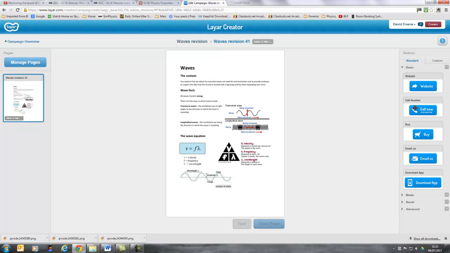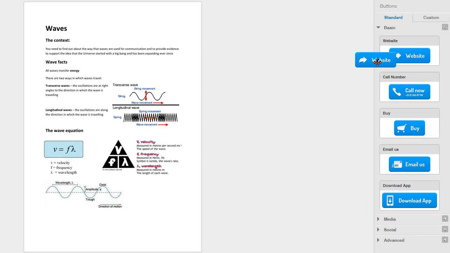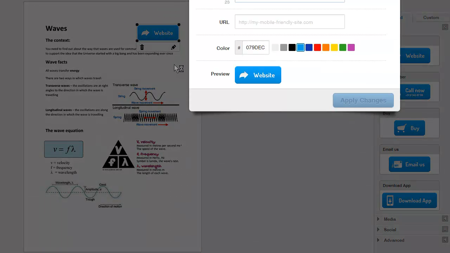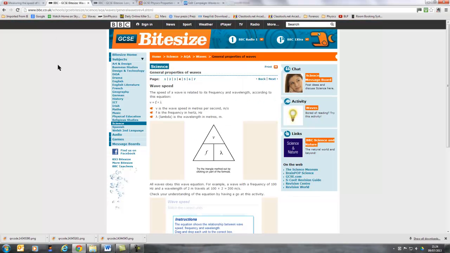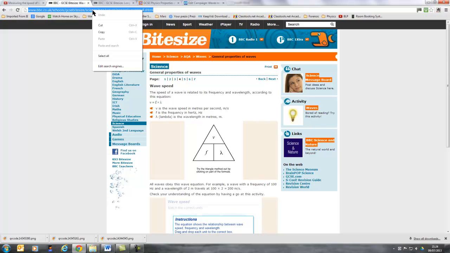and down this side here I've got some resources I can use to add things onto the document. So if it's a website, I can drag that on there and position it wherever I'd like it to appear. There it is. And now I can go back here. So the first website, I'm going to do this one, which is bite size wave speed. So I need the URL, copy,